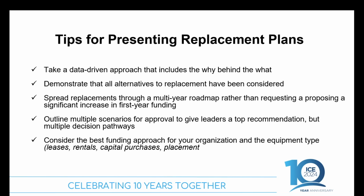In our organization, our senior executive leadership is responsible for a really broad range of our health system across all of our different sites and spaces of care. So they're not as involved in the day-to-day operations of understanding what it's like when you have to reorganize your day with your patients because a piece of equipment is down again and you really need it to be up. So being able to explain the why behind your approach and what you're asking for, and then having data to support that. How often is it down? What is the outlook for it for end of support? What's going to happen if we don't replace it is a question I always like to answer